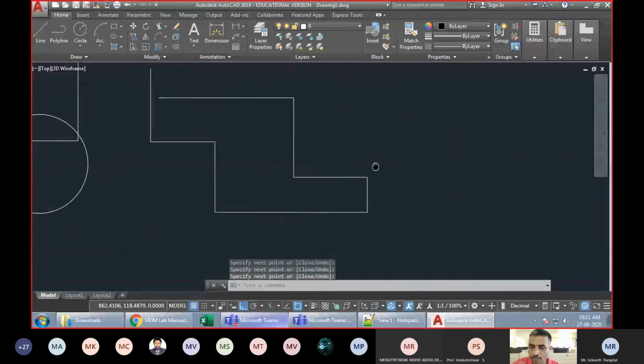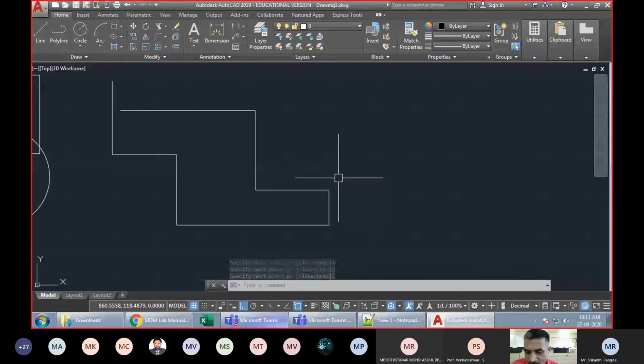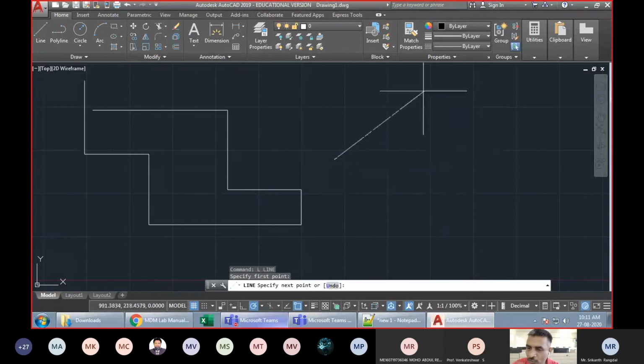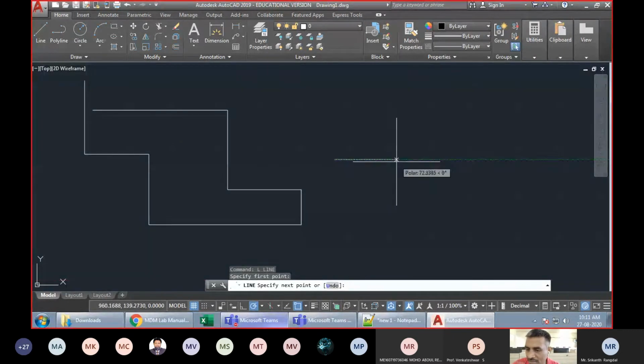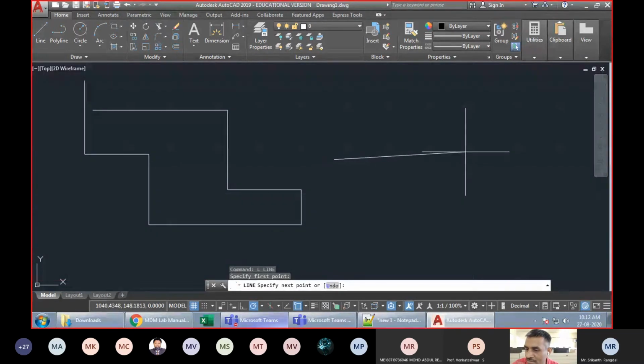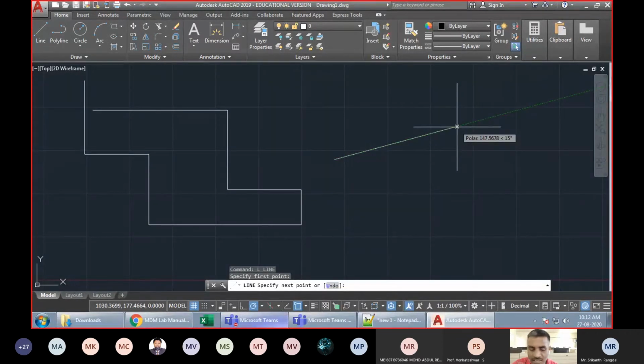But if you want only a few particular angles, multiples of a few chosen angles, then you can go for the polar option. In the polar option, you can of course draw at any angle randomly also, but a few of the angles will be highlighted. Right now 0 degrees is highlighted. Now if I move away from 0 degrees, you can see the highlight is turned off. Now the angle is random. If I still move further, at some point it will again highlight.